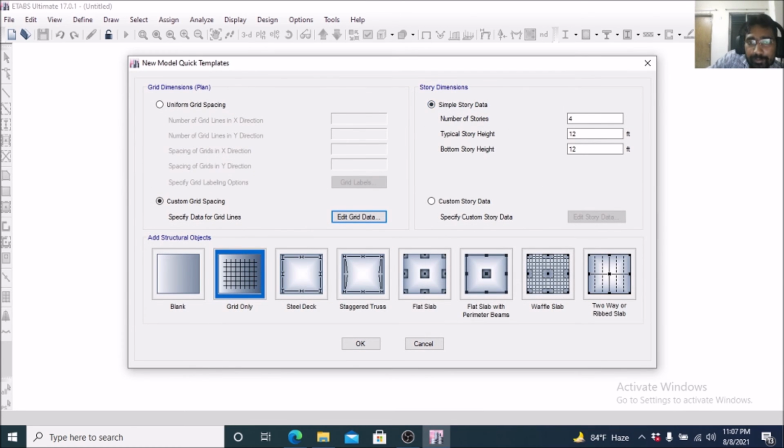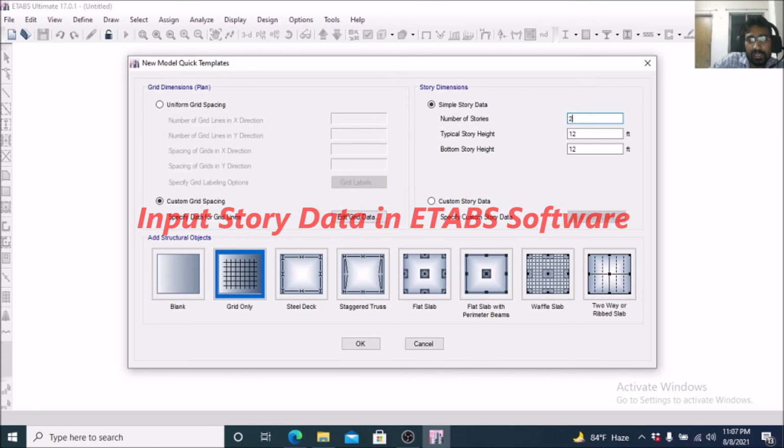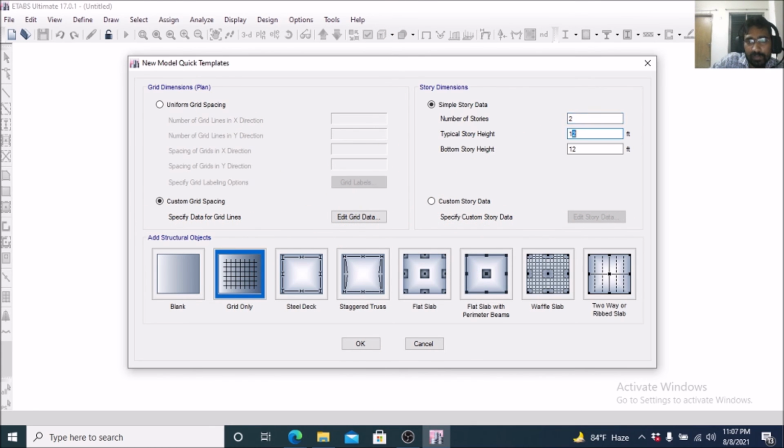Then we have to input data for simple story data. For this reason, first of all we have to define or assign all the information for 2 stories. Then we have to replicate. So number of stories is 2, typical story height should be 10 floor to floor height. Bottom story height should be 8 or 7, that I already discussed. Base height.